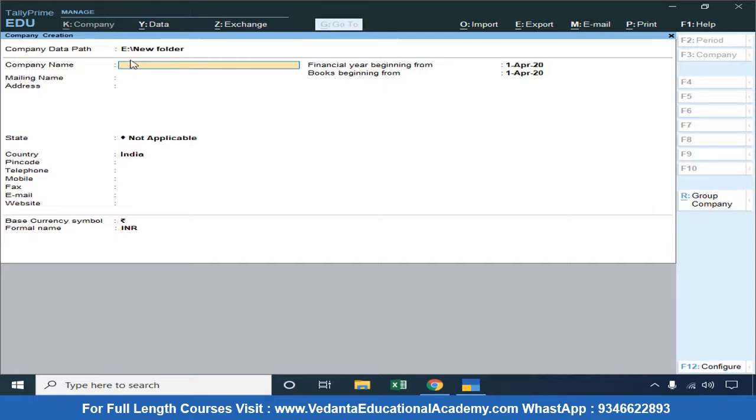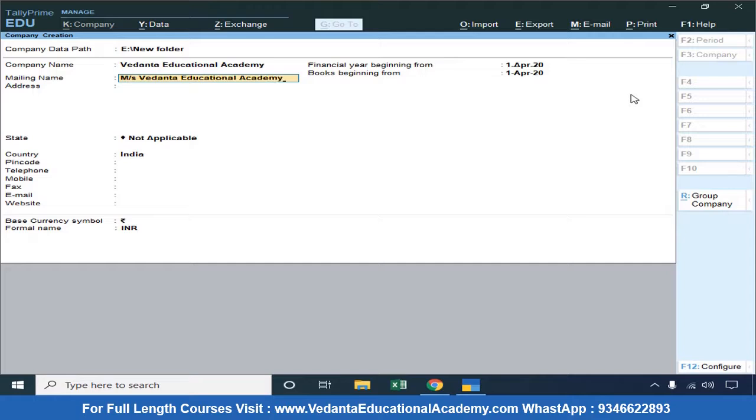And now this time I am going to create the company name as Vedanta Educational Academy. This is the first company that I am going to create here. Yes, the company name as of now I just created as Vedanta Educational Academy, but I would like to print on my sales invoice or anywhere the name as Messrs Vedanta Educational Academy.